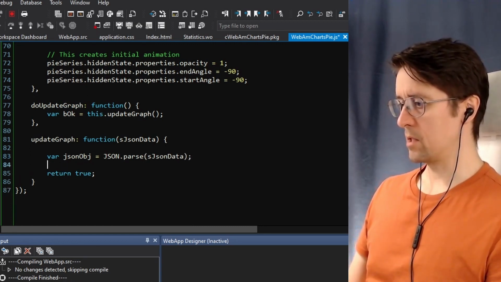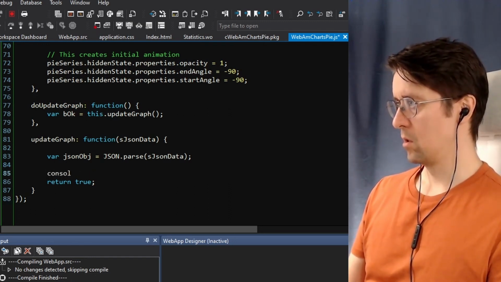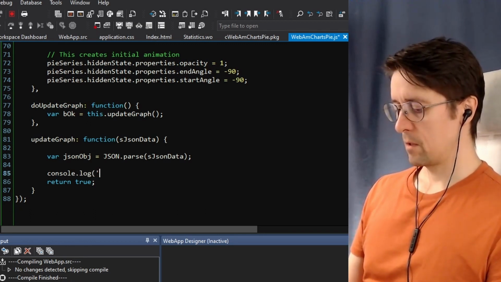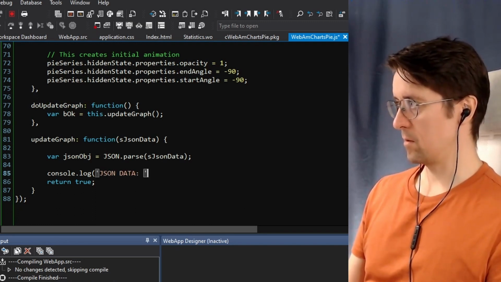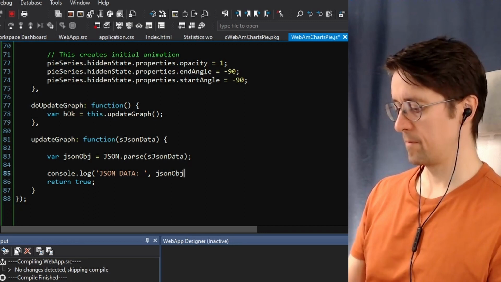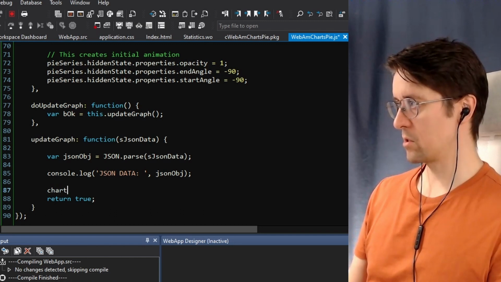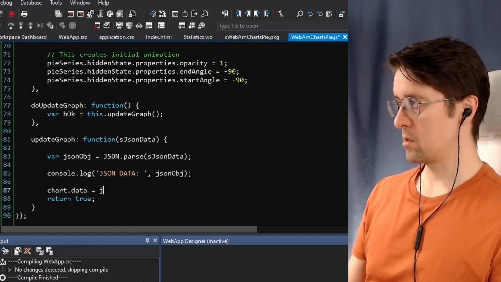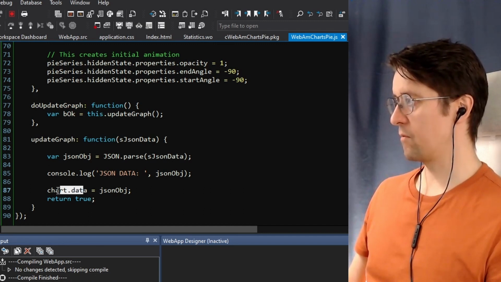And when we got the JSON data, we can always do a console log JSON data object to see what it contains, and then we update our chart.data with the JSON object like that. And the chart data refers to the chart up here,